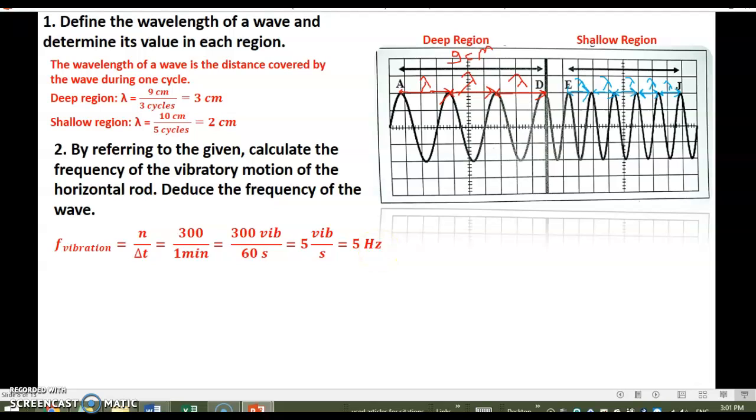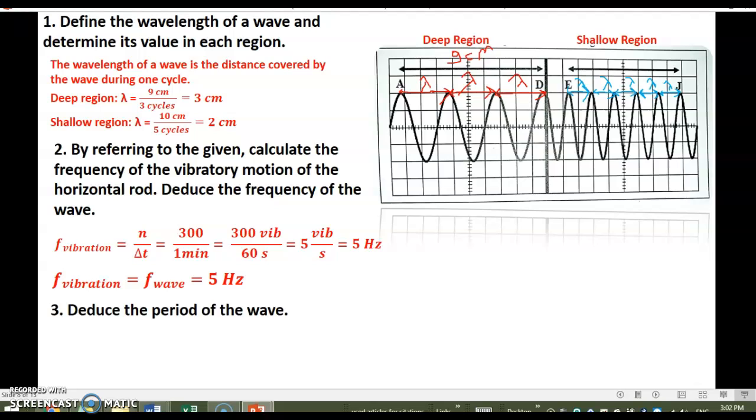We all know that the source or the cause of a wave is a vibratory source. A vibratory motion is characterized by its frequency, and a wave is also characterized by its frequency. The frequency of a vibratory motion is how many cycles or oscillations are performed per second, and the frequency of a wave is how many cycles are performed per second. So for sure the cause and the effect must have the same frequency. This is a rule, keep it in mind. F of the vibratory source is equal to the frequency of the wave, which is 5 Hz in